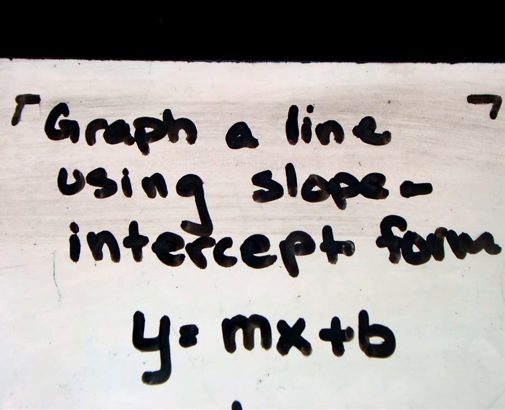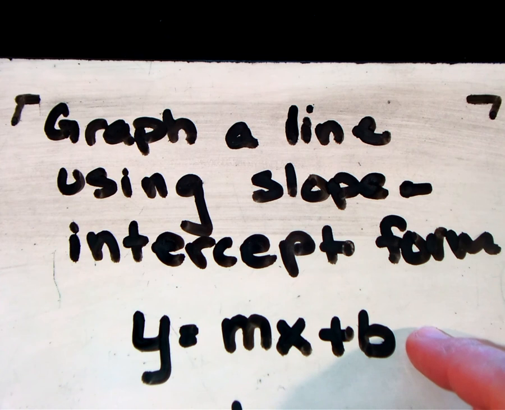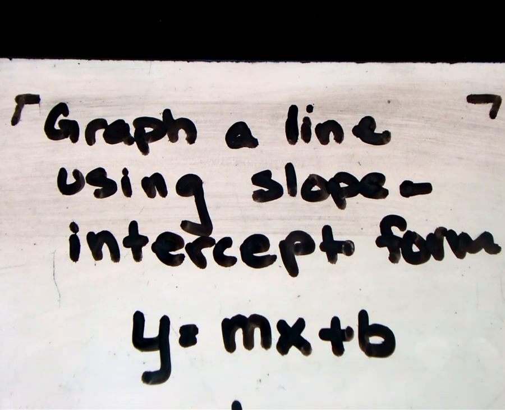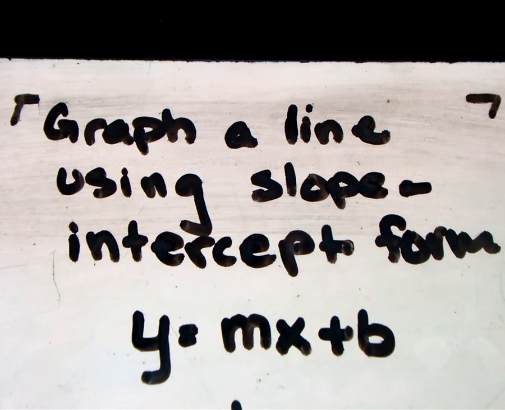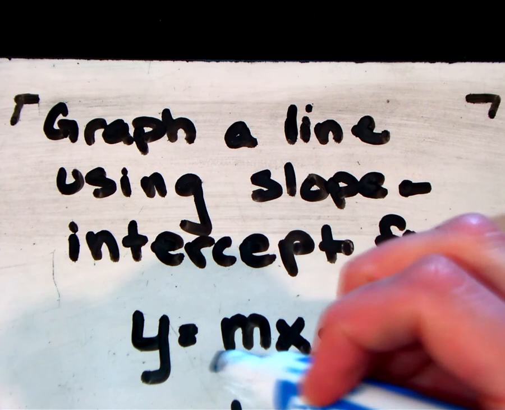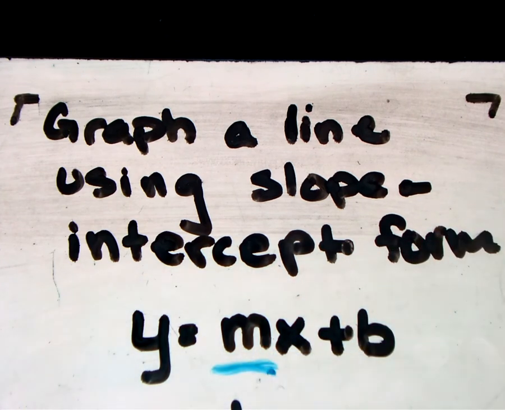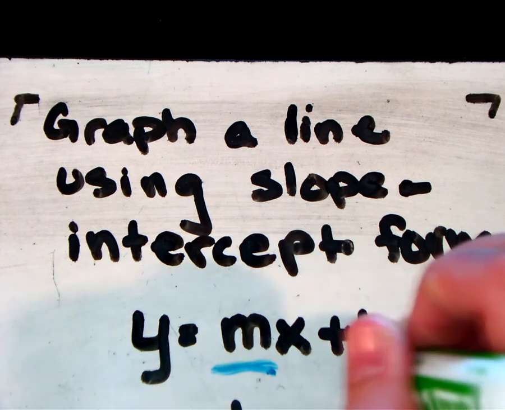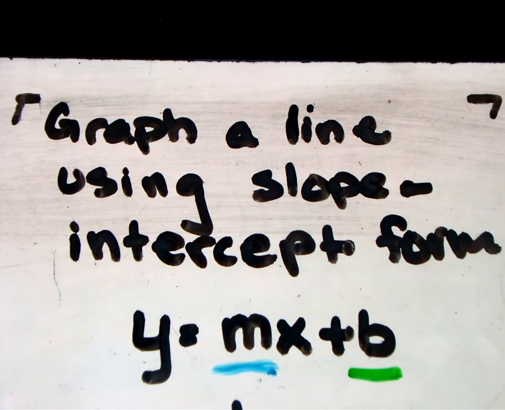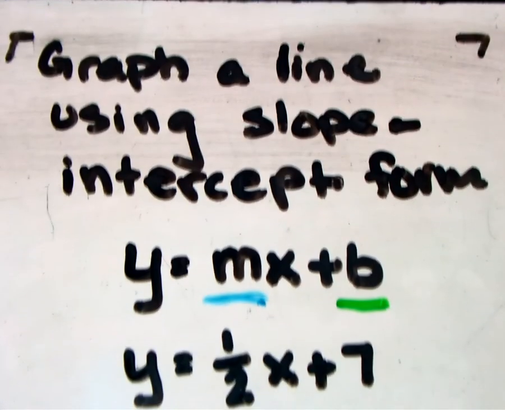So the first thing is, what is slope-intercept form? Slope-intercept form is y equals mx plus b. And the first thing they're going to ask you, the level 1 question, is what's your slope and what's your y-intercept? So m is your slope. Whatever number is in front of the x, that's going to be your slope. And your y-intercept is going to be the number that does not have an x on it. That's going to be this one right here. Okay? So when I slide this up to show you the example,